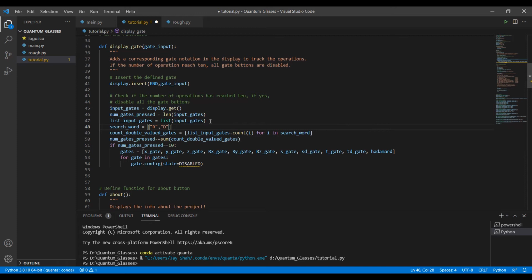So now we define a list with these two characters, R and D. So this is a simple list. Search word is now the simple list with these two characters.